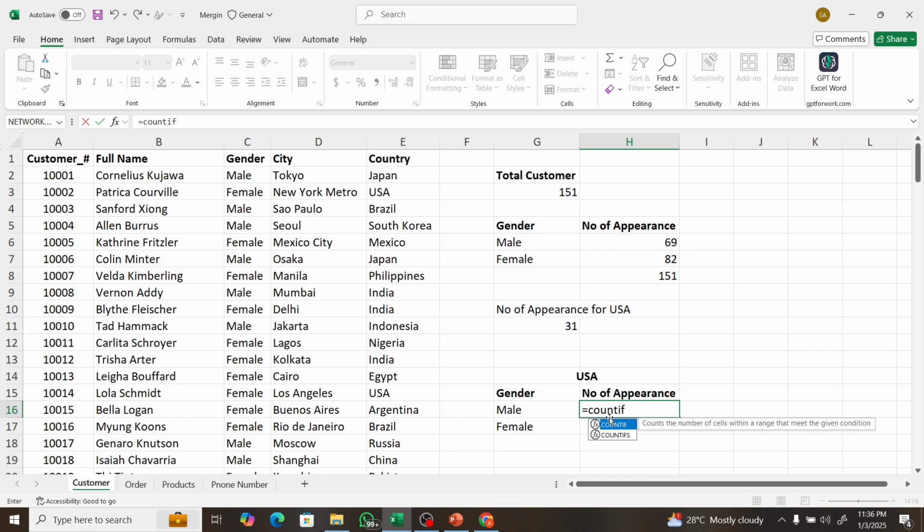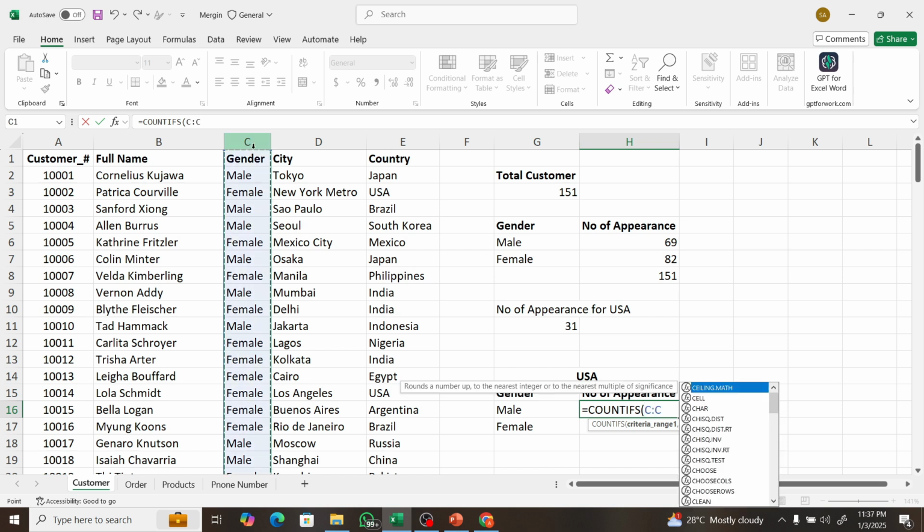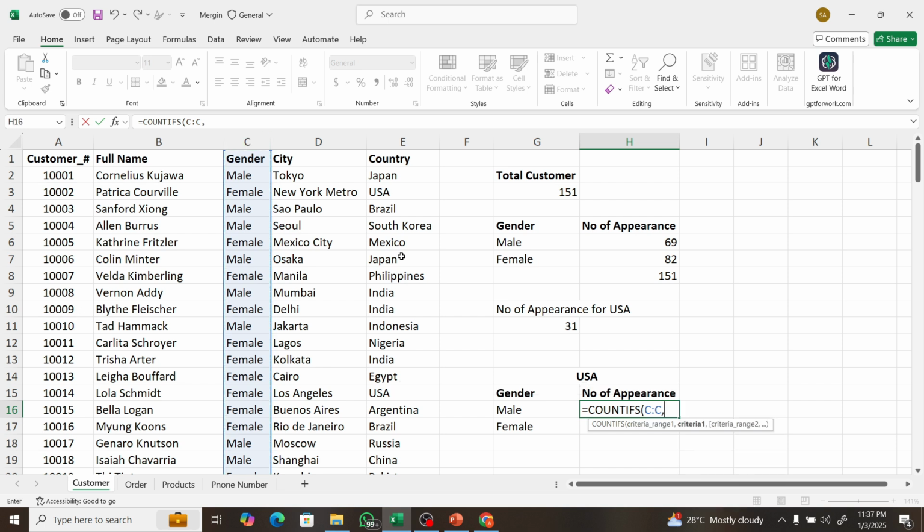I'll just say equals to COUNTIF. Now I'm not using COUNTIF, I'm using COUNTIFS, because COUNTIF can only take one criteria, but COUNTIFS can take as many criteria as possible. So I'm just going to use COUNTIFS. As you can see, I have criteria range, one criteria. So let's take gender as our first range, gender, and since I have it typed out here, I don't need to type it again. I'll just select male gender,